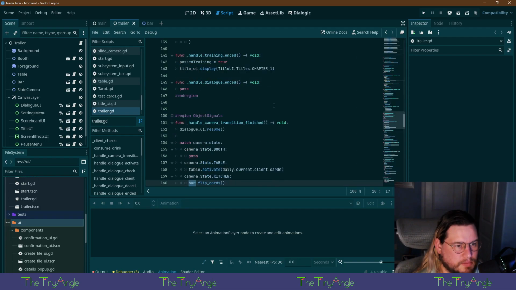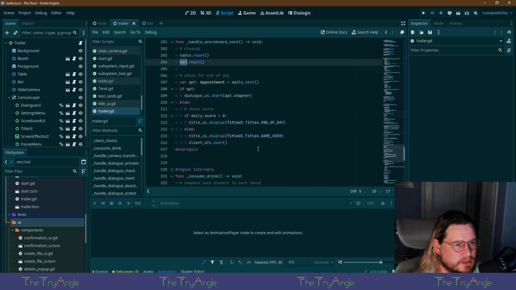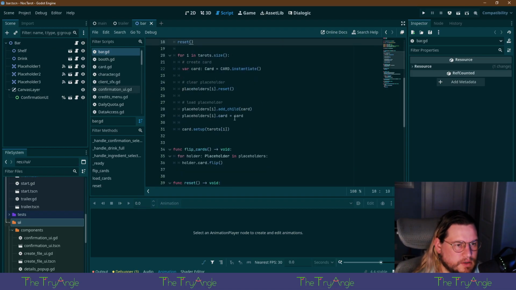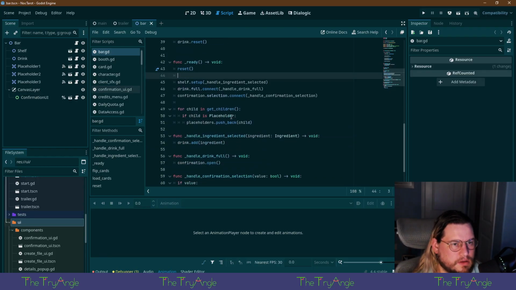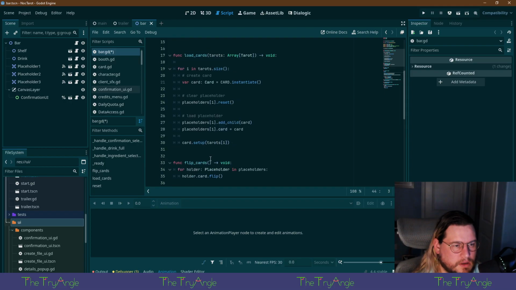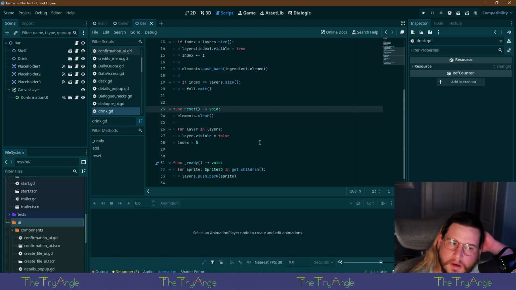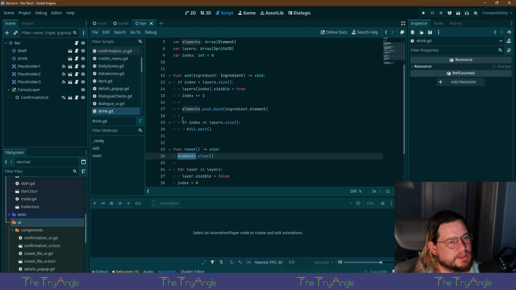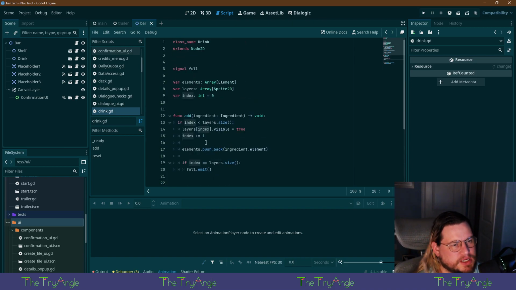Forgot what I was going. Bar. Reset. Load cards. Handle scoreboard next. I tell you what, why don't we reset? How does this work? Layers visible false. Elements clear. Make them all invisible. Set the index to 1.